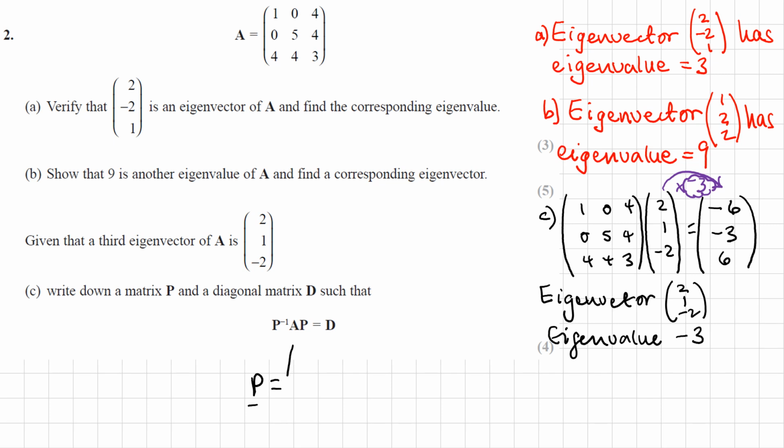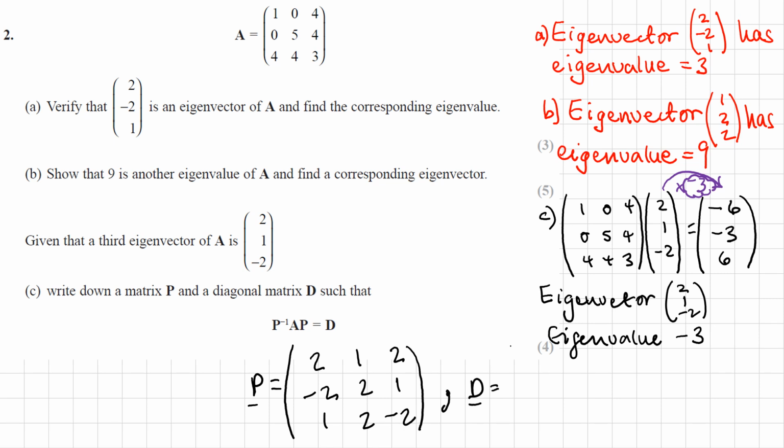So this will be my eigenvectors. I'm going to do the 3, the 9, and then the -3, in that order. So I will have 2, -2, 1, 1, 2, 2, and then 2, 1, -2, and then my matrix D,